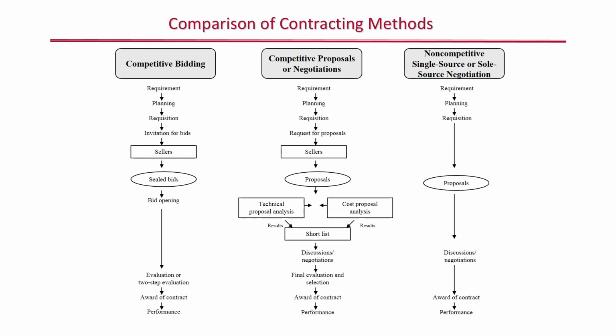So how do you distinguish or differentiate these? The key ones really, when it comes to competitive bidding or IFBs versus RFPs, one of the things I wanted to share with the class is a good way of understanding the difference between the two. Imagine if you want to go from point A to point B. If you know that you want to go to point B and you know how to get there, let's say you want to rent a car, sealed bidding is about asking for a price for that car rental to get to point B.